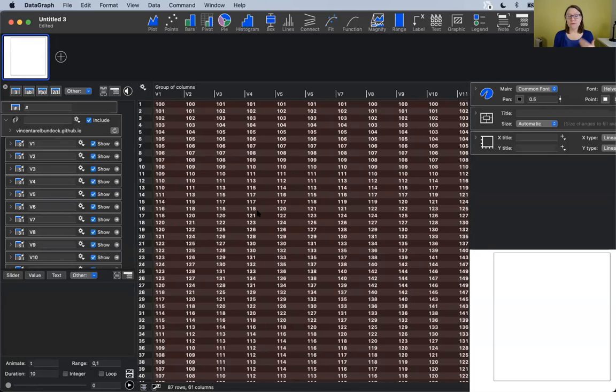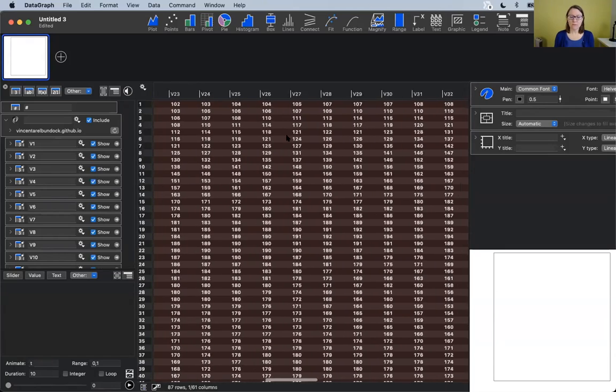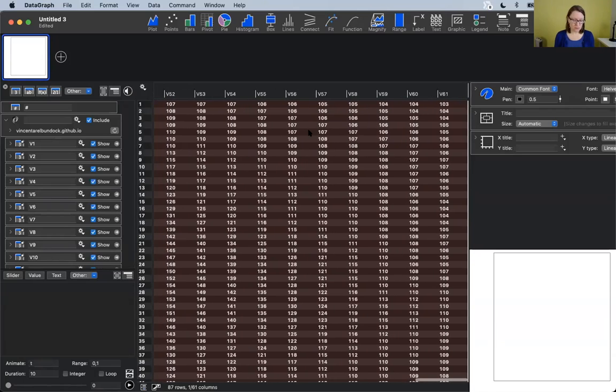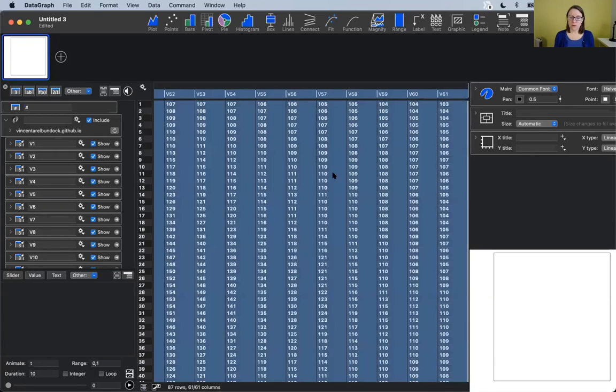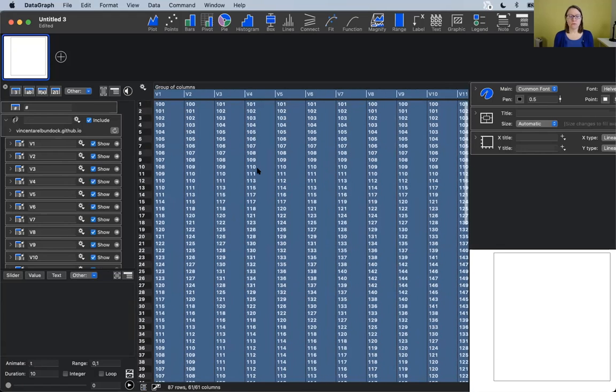And in order to use this data within the scalar field command, I do need to flatten the data. The scalar field command, like a lot of the commands in DataGraph, or like the pivot command, for example, is requiring a single column as input for the values. So I'm going to take these columns and I'm actually going to flatten them. Now to do that, because right now these are actually links to what's online, I'm going to convert these to